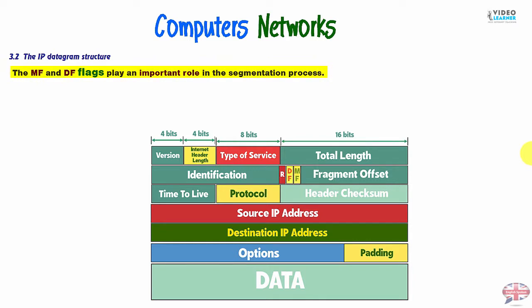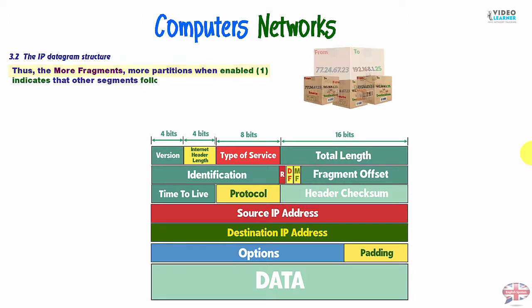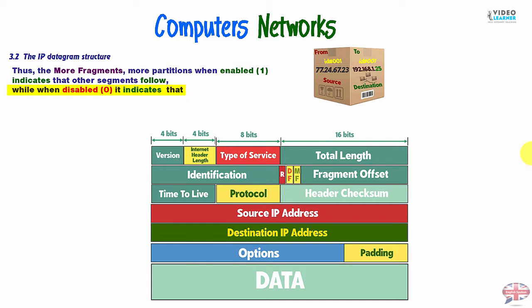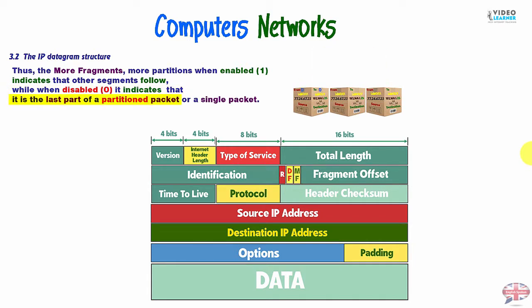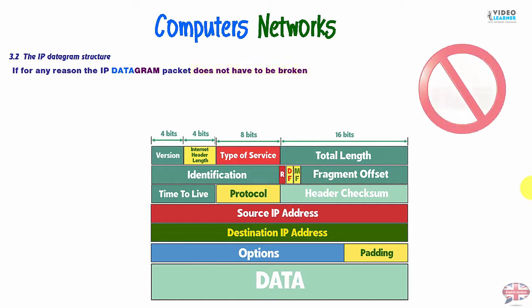The MF and DF flags play an important role in the segmentation process. The flags are single bits whose state is 1 or 0. Thus, the MF flag, more fragments, when enabled, is 1 and indicates that other segments follow, while when disabled, 0, it indicates that it is the last part of the partitioned packet or a single packet. If for any reason the IP datagram packet does not have to be broken or split into segments,